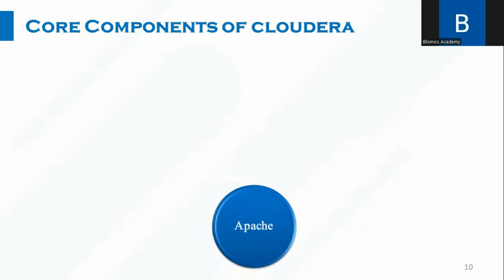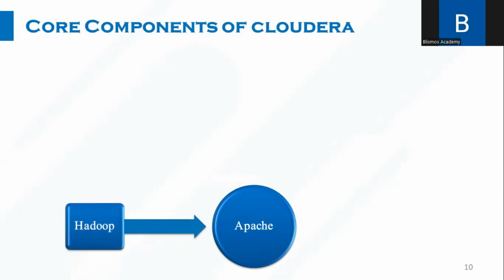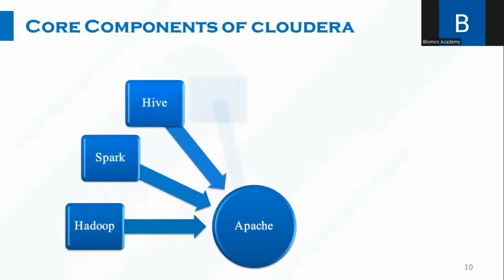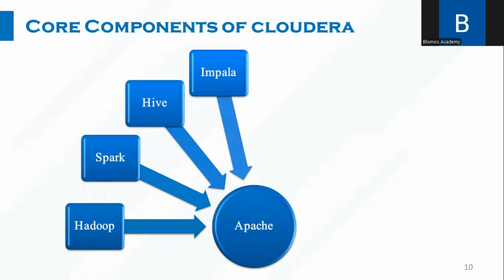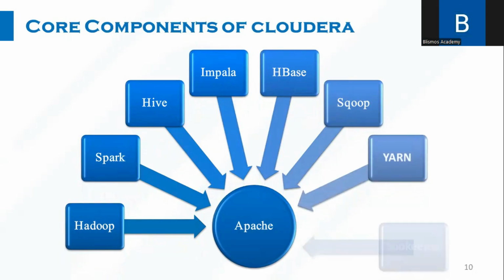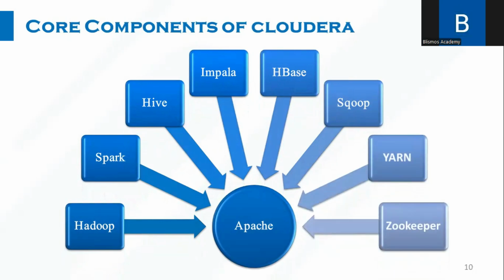Okay, there are many components. Here, we'll see the core components of Cloudera. We have Apache Hadoop, Apache Spark, Apache Hive, Apache Impala, Apache HBase, Apache Sqoop, Apache YARN, and also Apache ZooKeeper. Since we saw what is Cloudera and its components, now we can get started with